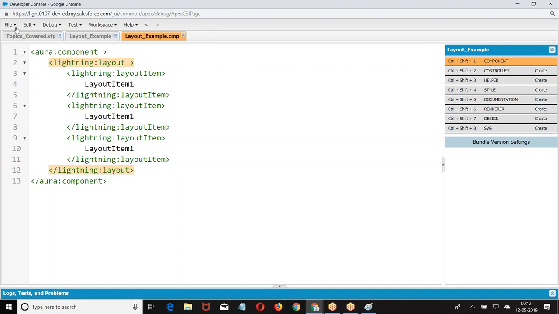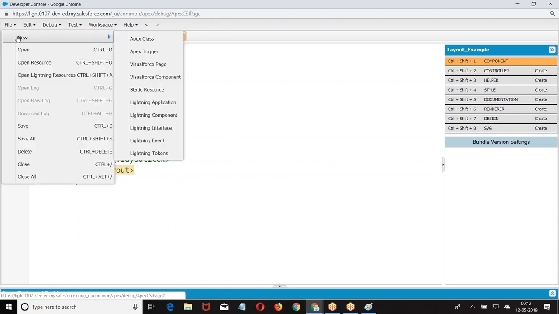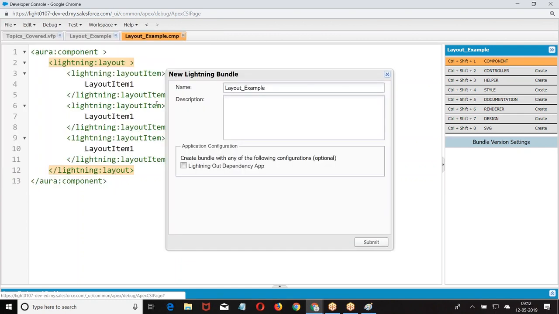Layout item, like your page block section with the number of page block section items. Now, how many columns do you define? Two columns: layout item 1, layout item 2. Three columns: 1, 2, 3. One column: 1 per each. Now listen to the context carefully.